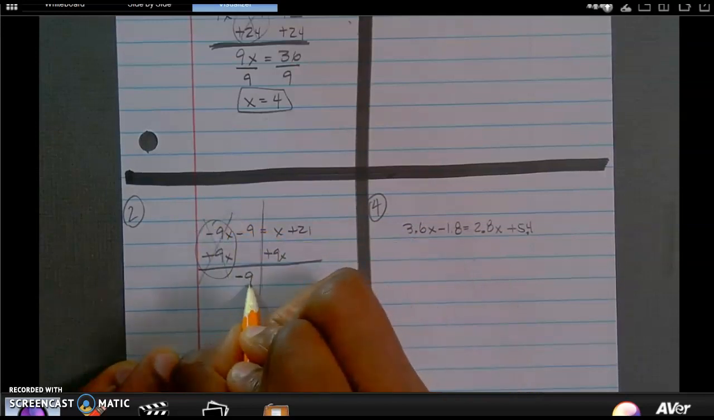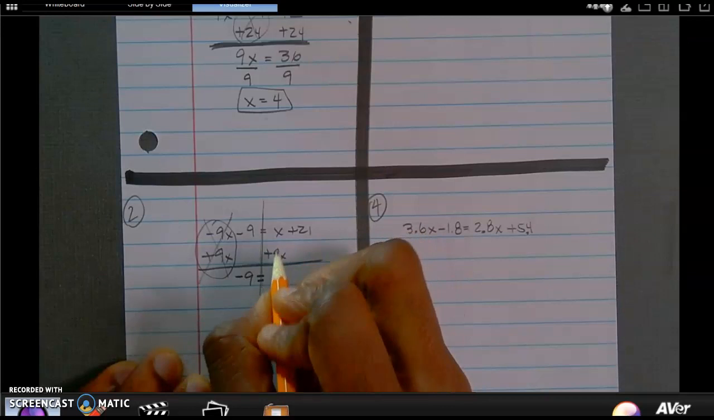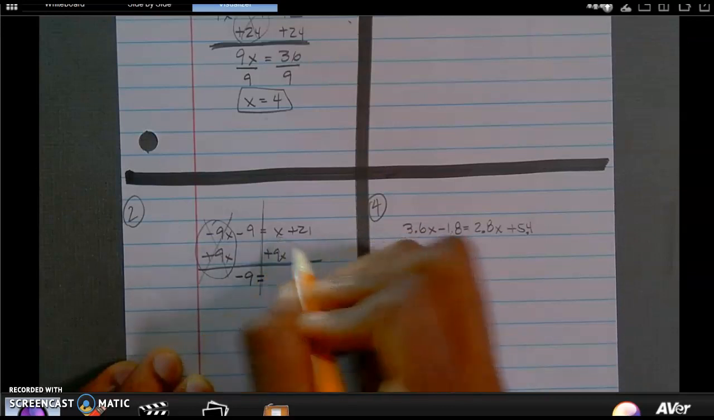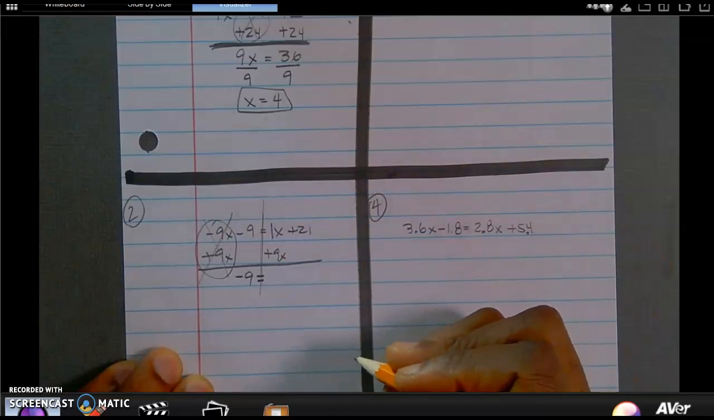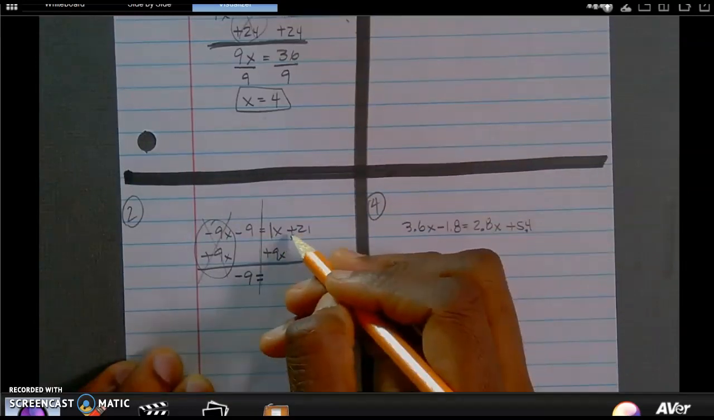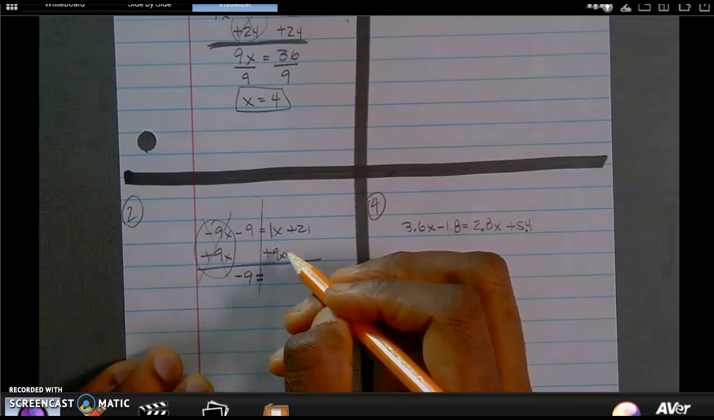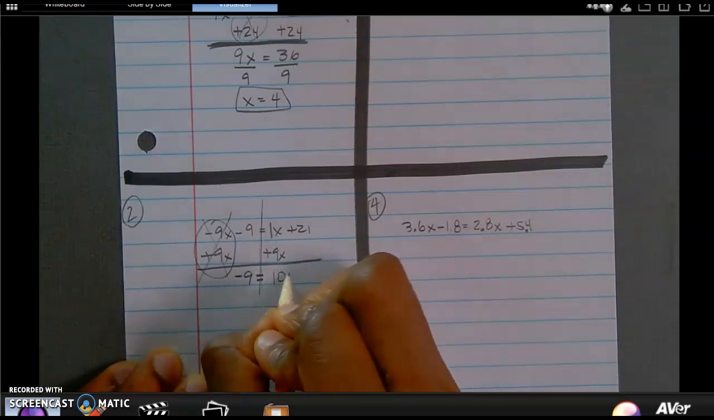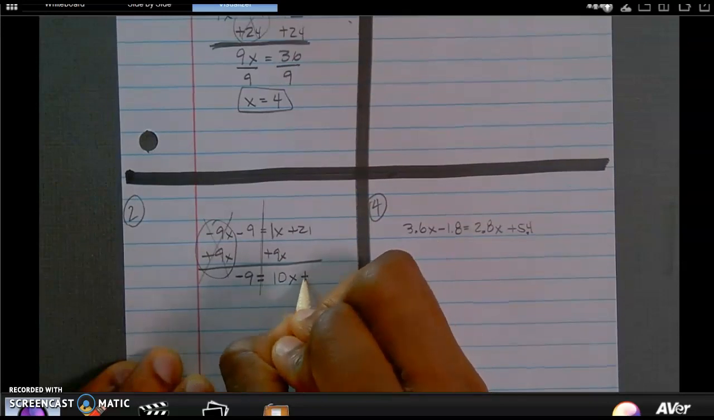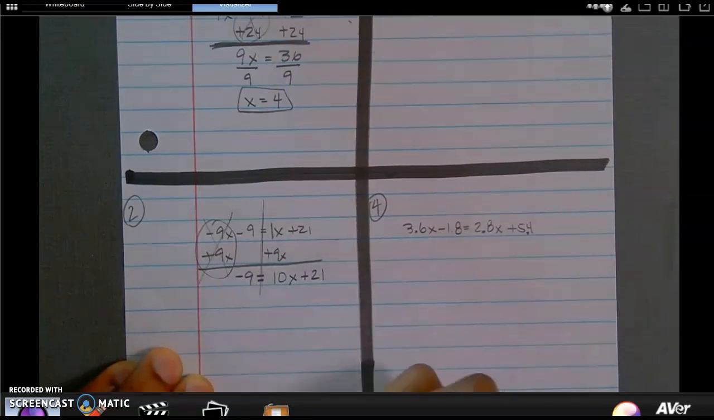This now becomes negative 9 is equal to 9x plus x. Now, this is assumed to be a 1 here. So if I have 1x or just x, which is what they say, 9x plus an x is going to give me 10x plus 21. Now, again, this just becomes a regular